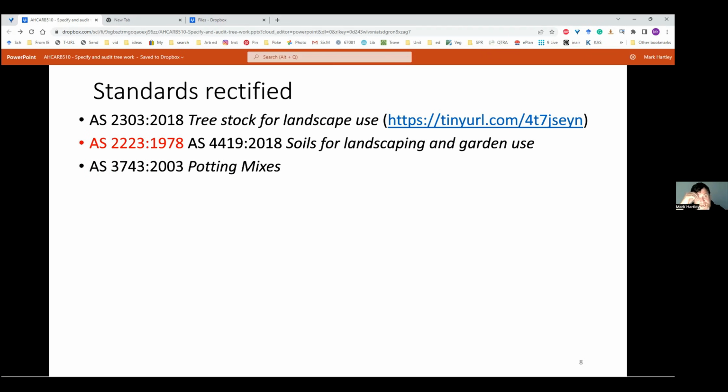Potting mixes, again, an odd standard for us to be dealing with in general, but I have done some rooftop gardens that required consideration, but in most cases we're not going to be. If we're looking at auditing a potting mix that's come in with some nursery stock, that may still be useful. Pruning of amenity trees, that makes great sense.